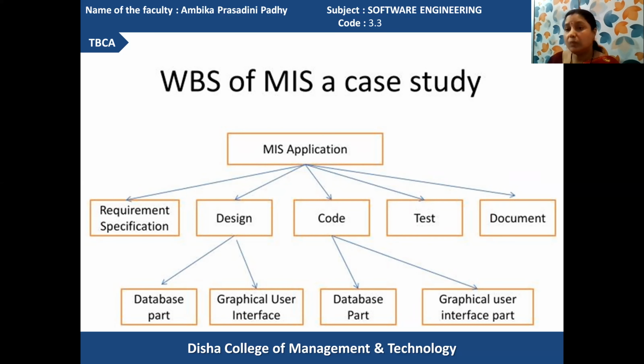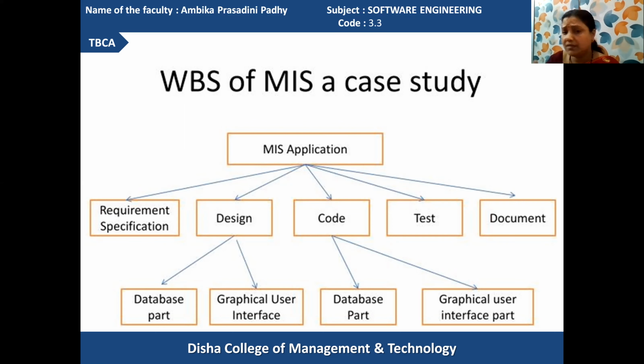According to the main modules, the sub-modules are identified, and the sub-modules perform a smaller set of tasks. How those smaller sets of tasks are identified, look at this diagram. At first, your root contains the whole system. Then the subsequent children nodes contain its subtasks. The subtasks can be categorized into requirement specification, designing, coding, testing, and documentation.